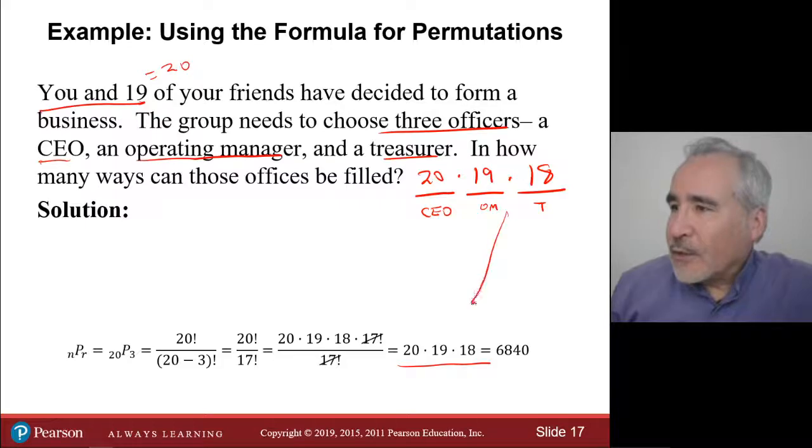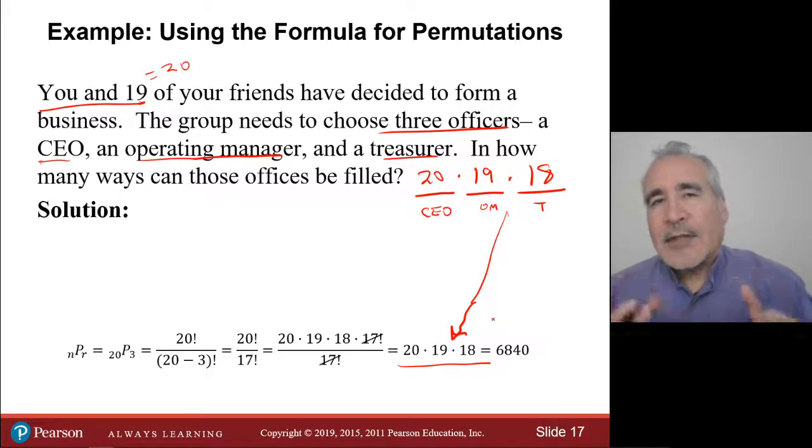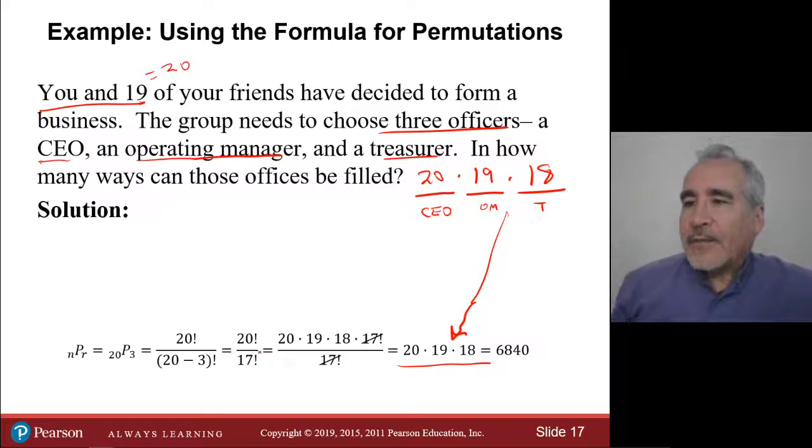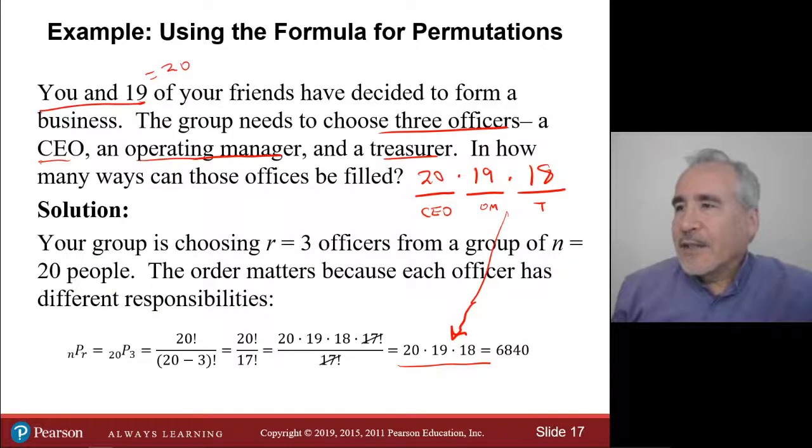But we went straight to the heart of the problem, and I think you're going to understand the problems better this way as well. We do want to see how the formulas work for later, maybe, but I believe it'll come when you need it. What you need is the understanding first. So r is 3, n is equal to 20, and the order matters